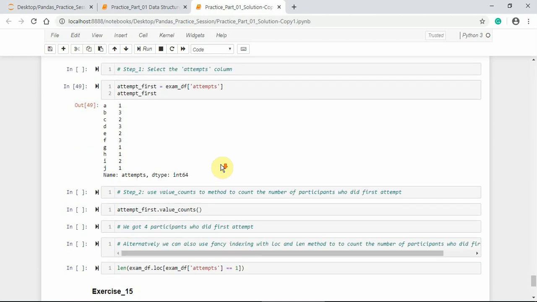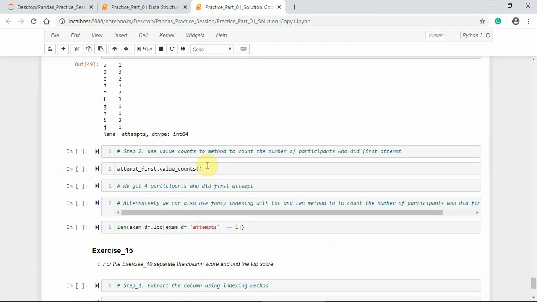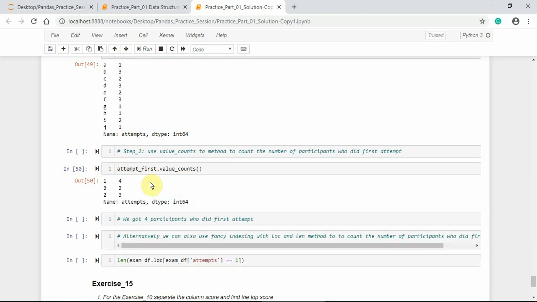Let us use the value_counts method on this extracted column. Here we can see that we have 4 participants with the attempt 1, 3 participants with the attempt 2 and 3 participants with the attempt 3.